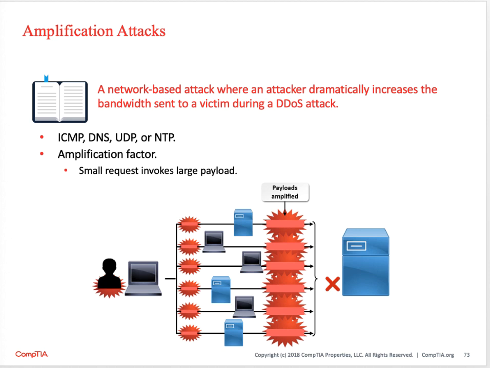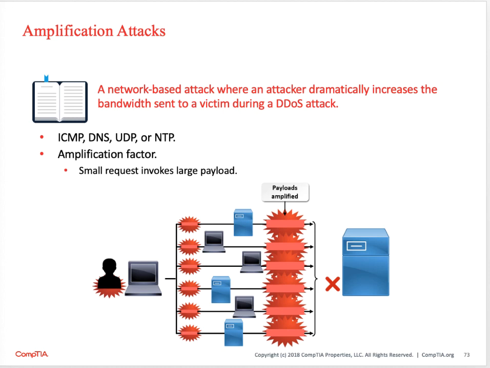Amplification attacks. An amplification attack is a network-based attack where the attacker dramatically increases the bandwidth sent to a victim during a DDoS attack. These are usually used with ICMP, DNS, UDP, and NTP attacks. There's an amplification factor that enables a small request to send back